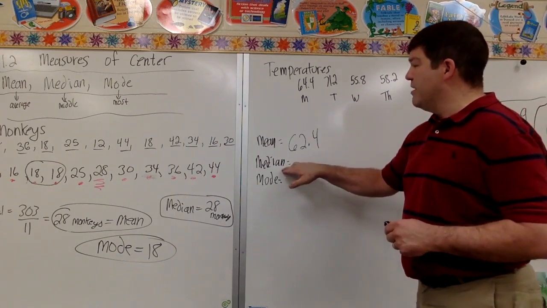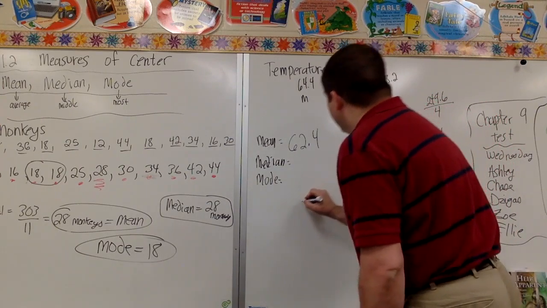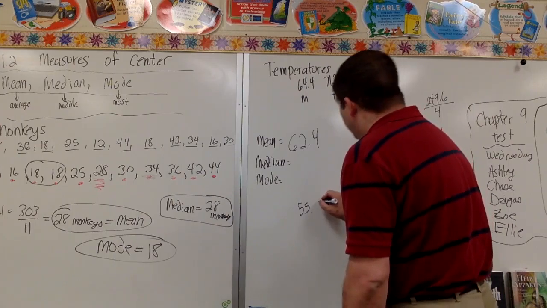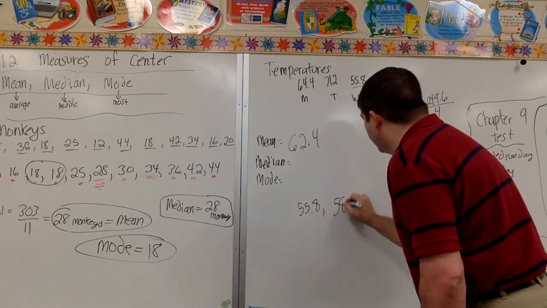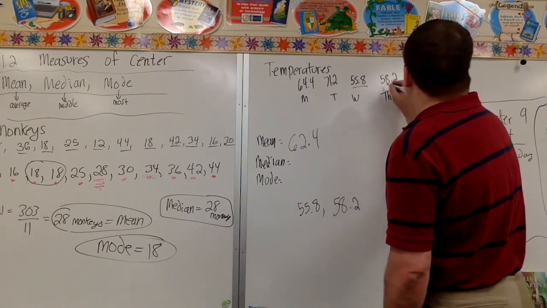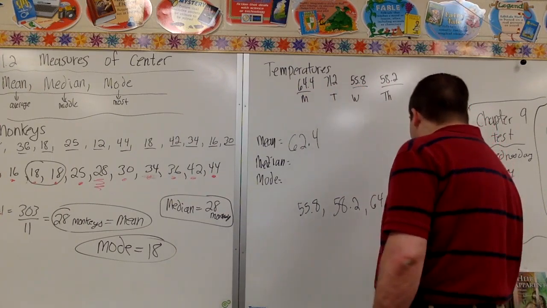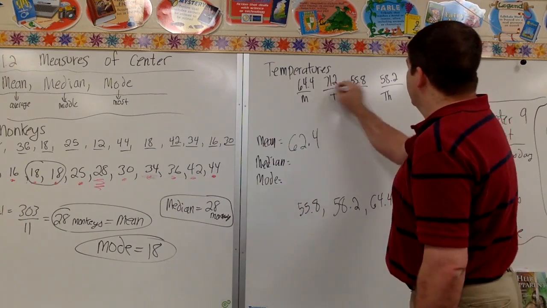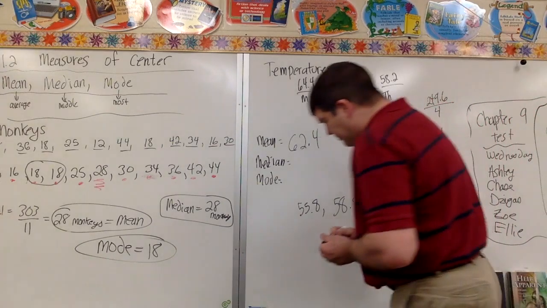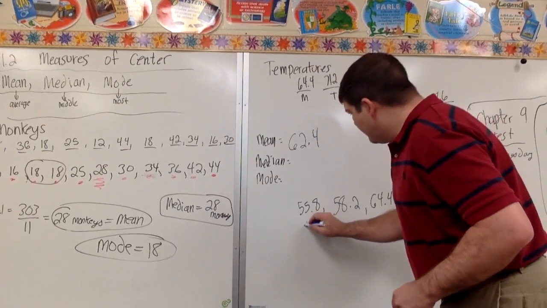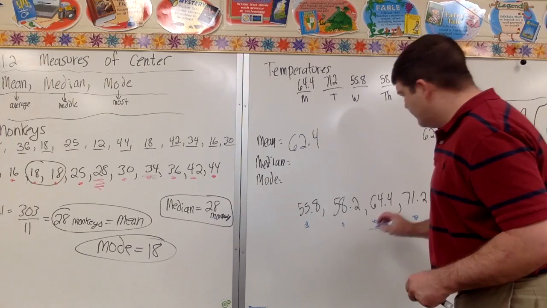All right, now let's get the median. Remember with the median, I have to put them in numerical order. So I'm going to go with the least. 55.8. Then, so I did that one. 58.2. Did that one. 64.4. And then 71.2. Okay, so I have all 4. Now they're in numerical order. Then I have to find the middle one. So I'll do the same thing I did before. 1 on each side. Then 1 on this side and 1. Okay, so